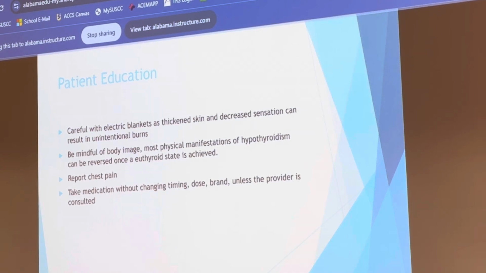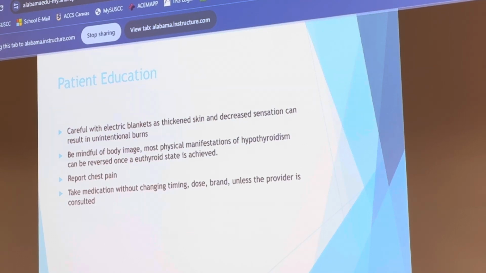Be mindful of their body image. As this is happening to them, you can imagine, especially with our females or ladies, with hair loss and things like that, that can be very emotional. Then hopefully, of all the things that happen to them, you can explain to them that if we can get your thyroid treatment under control, we can actually reverse everything that's happening to you related to thyroid. We would want them to report chest pain because that would be an indicator that their heart is not beating